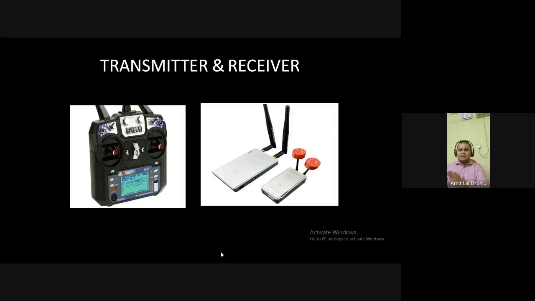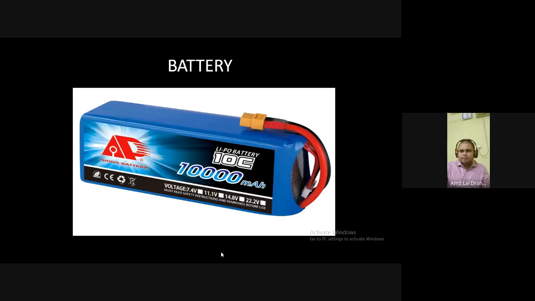So similarly, these things do the same. Transmitter and receiver can be of various types. There can be video transmitters, they can be audio transmitters, they can be sensory data transmitters, they can be just transmitters for controlling. So sensory data, as its name says, they will be sending sensory data, like the data that is collected from the sensors. There are video transmitters, they give you the video output. There are audio transmitters, for example, wireless mics. Or even when I'm calling you from my phone, that is also audio transmission, and even walkie-talkies, ham radios. So these are examples.